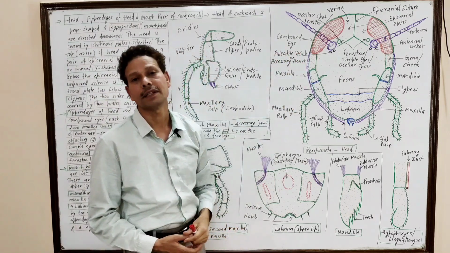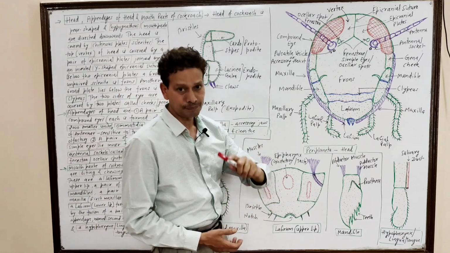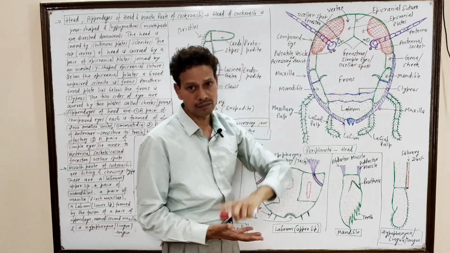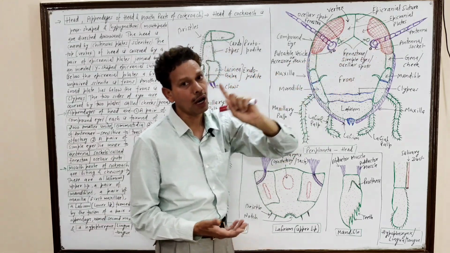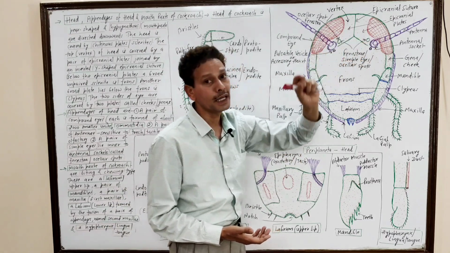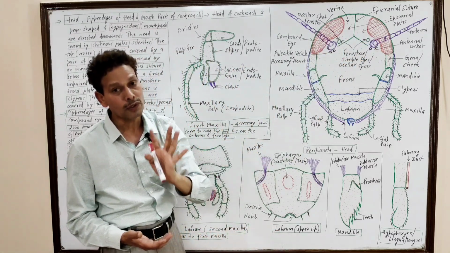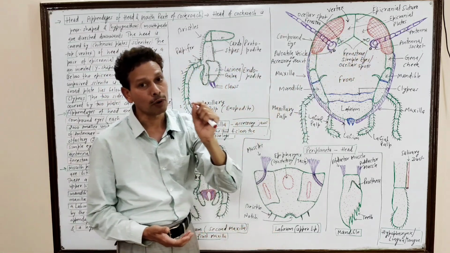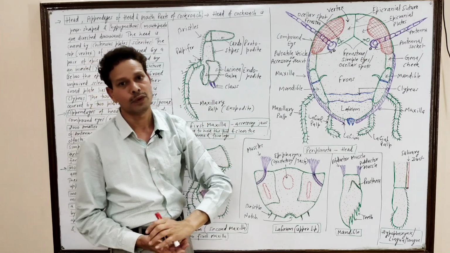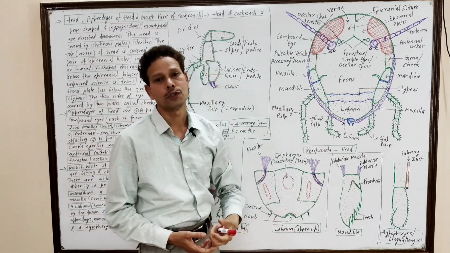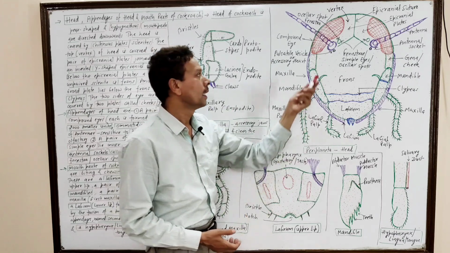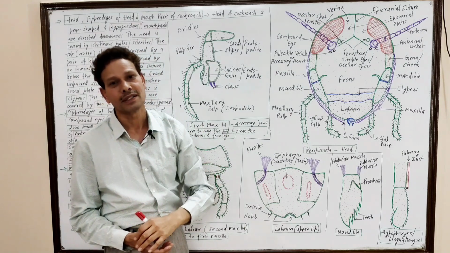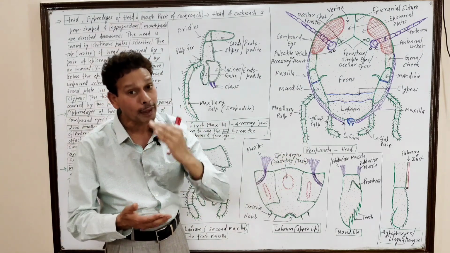Note down the appendages of head: a pair of antennae and a pair of compound eyes, and these compound eyes have about 2000 smaller units, named ommatidia, which act as simple eyes to produce their own images. These compound eyes have smaller functional units. Very important, note down, these are ommatidia.